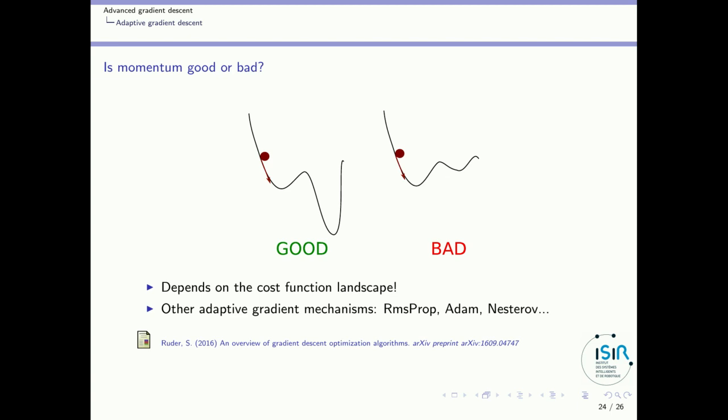And that's the case for all the 6 methods that we have seen, that some will be better than other ones depending on the cost function. And there is no general rule. In fact, we performed a study with students using the 6 methods on different landscapes and showing that no method was defeating the other ones. Okay, so if you are using other adaptive gradient techniques like RMSProp, Adam, Nesterov, etc., which are well covered in that paper, and you will also find some blogs and videos online about those techniques, that's also the case that using this one or this one is best depending on the cost function.